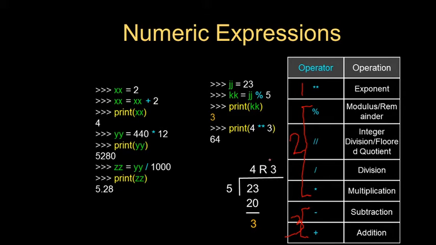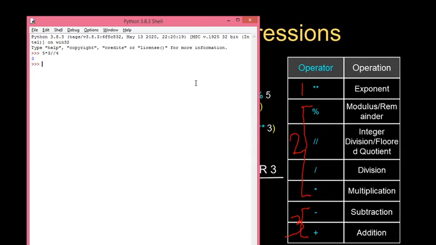What is that associativity rule? That associativity rule will tell us the order of evaluation, meaning whether we need to evaluate from left to right or from right to left. So for all arithmetic operators, the order of evaluation is always from left to right. So that's the reason we get the answer as 3, because if you go from left to right, the first operator that comes in is multiplication, that is 5 into 3. So 5 into 3 is 15.